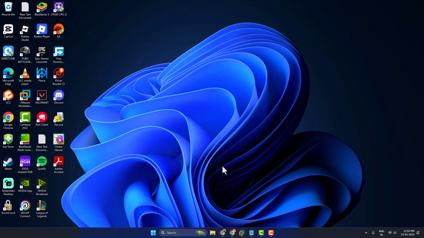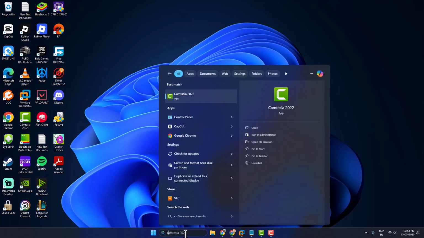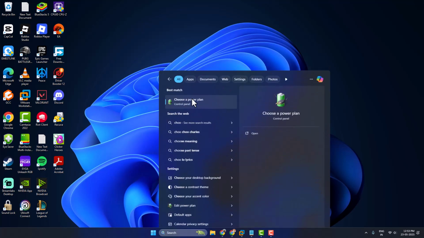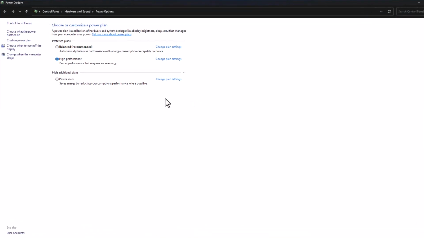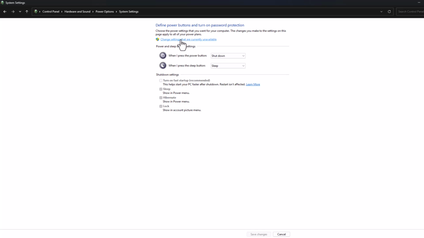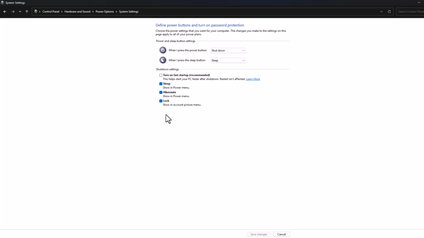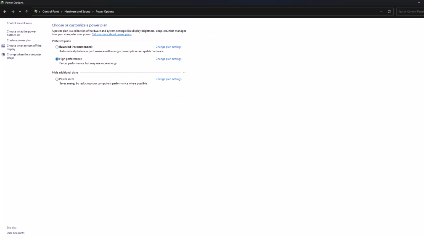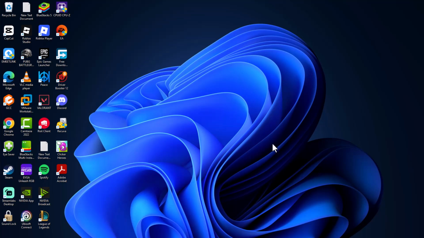Let's fix it, guys. Method 1: you just need to go to the search menu and type "choose a power plan", click on open it. And on the left side select "choose what the power buttons do". On the right side select "change settings that are currently unavailable" and uncheck "turn on fast startup" and select the save changes option. And now just close stuff here and restart the PC and check if the problem is solved